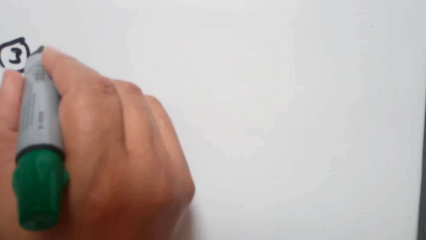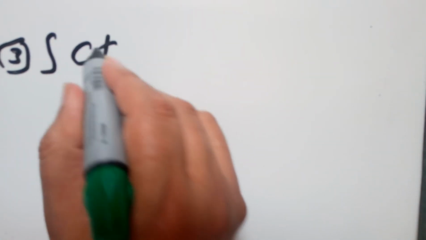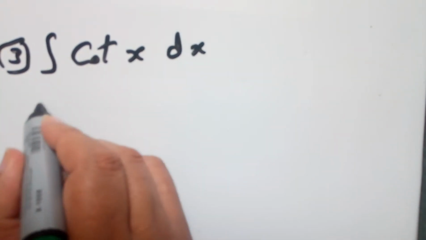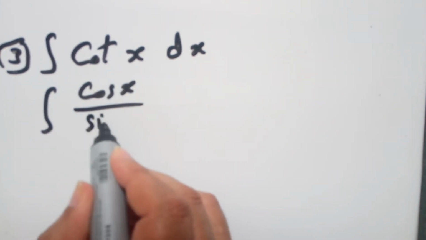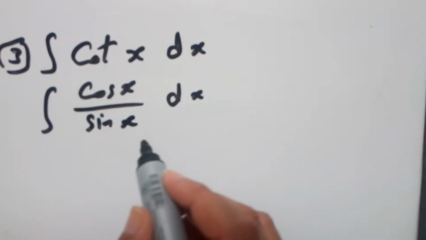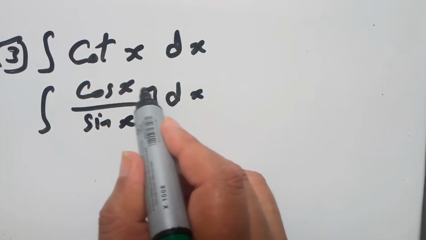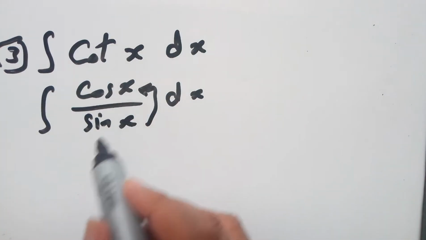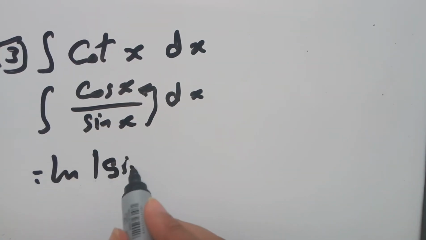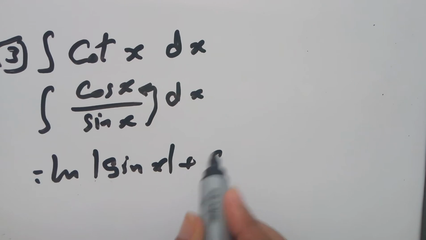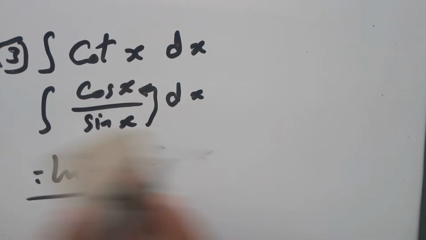Here, number 3. Integrate cotangent x with respect to x. Then convert cotangent x to cosine x over sine x with respect to x. Now, what is the derivative for sine? It is cosine. Then u prime over u. Then it will be ln absolute value for sine x plus c. By the same way, number 4,